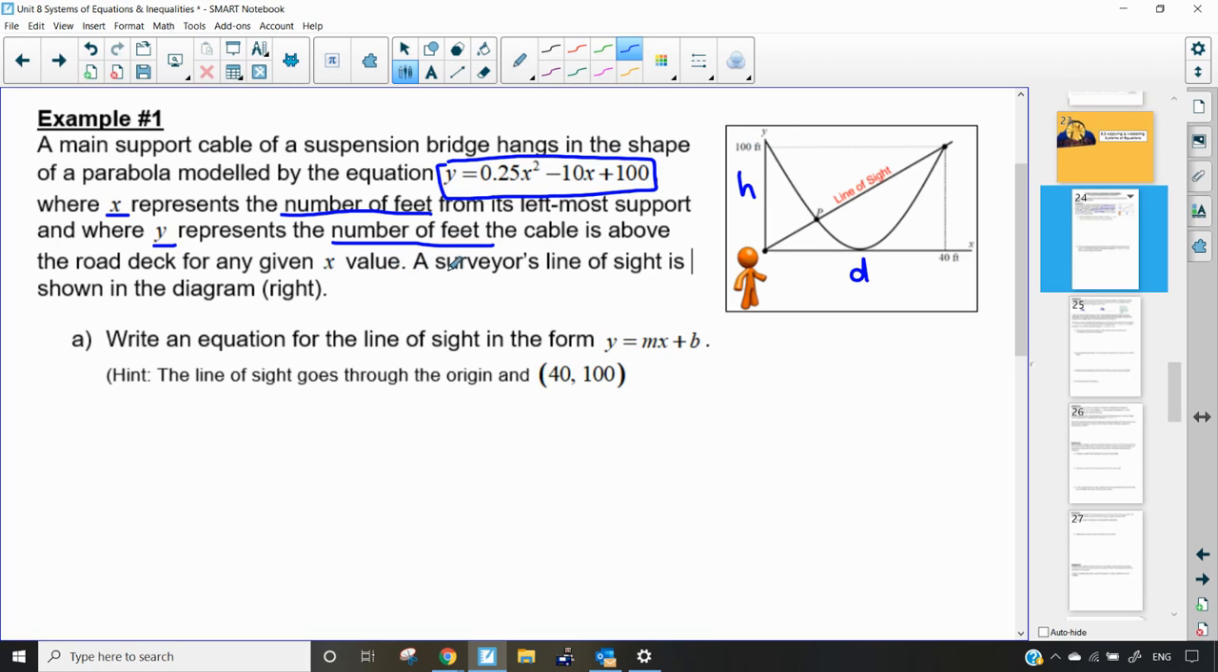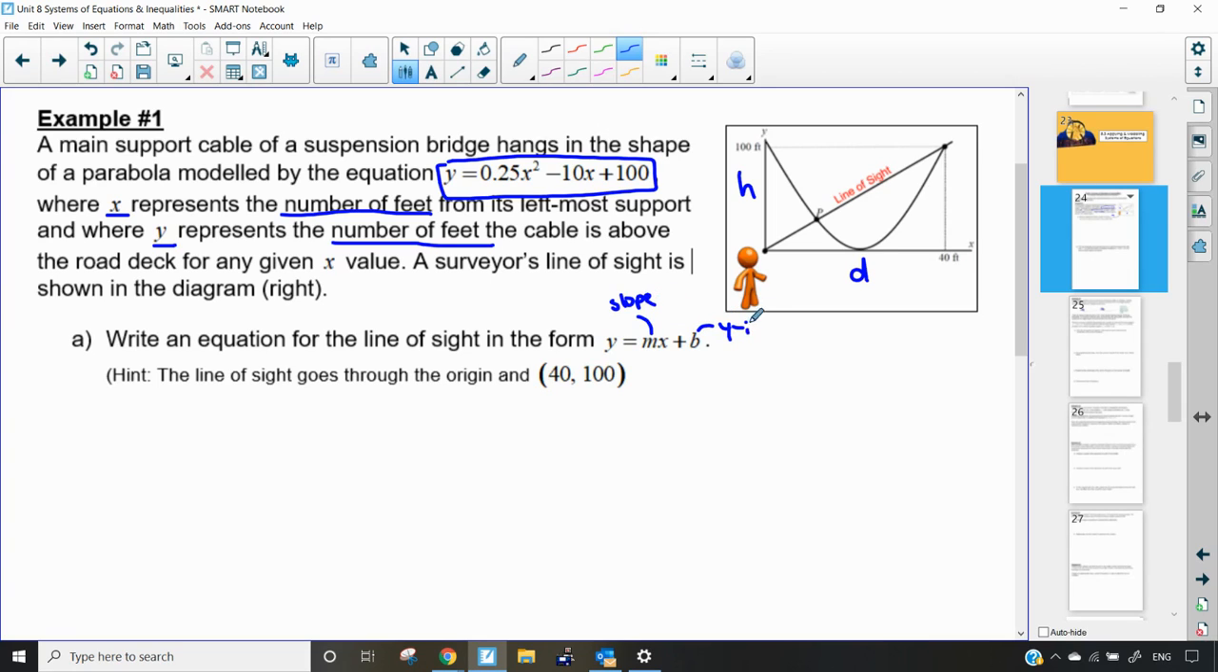And we're told that a surveyor's line of sight is shown in the diagram. So we've got a surveyor looking up here at the suspension bridge, and these are 2 points where his line of sight crosses at that bridge. So we're first asked to write an equation for the line of sight in the form y equals mx plus b. So if you remember, when we have that formula y equals mx plus b, m represents slope